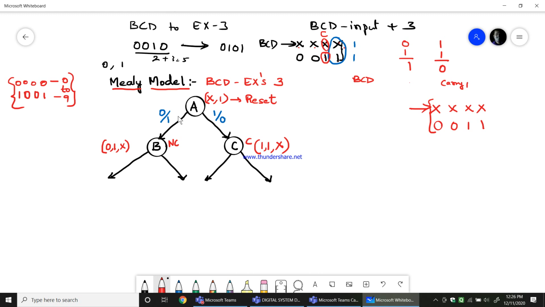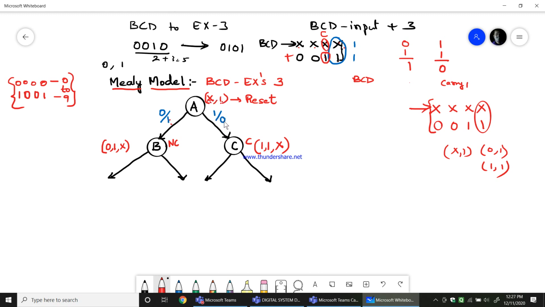Now, when I have an input 0, when 0 is added with 1, this x comma 1 whatever I have written can take the values 0 comma 1 and 1 comma 1. Why x comma 1? This is the first stage which I have written here. So when x is 0, that means input x is 0, the output would be 1, because 0 plus 1 is 1. BCD to XS3 means you add this with this, right? So that is why I am adding here. So 0 plus 1, the output is 1, whereas when x is 1, 1 plus 1,